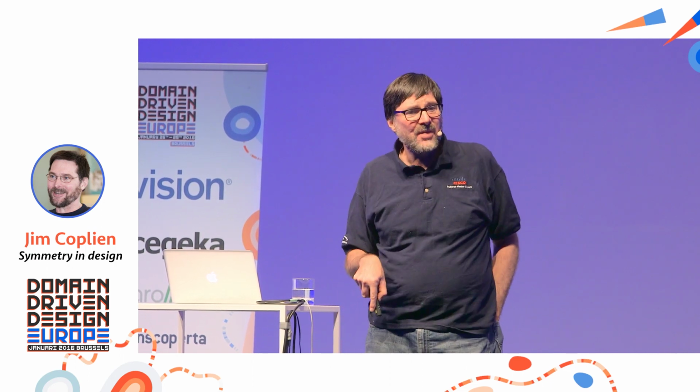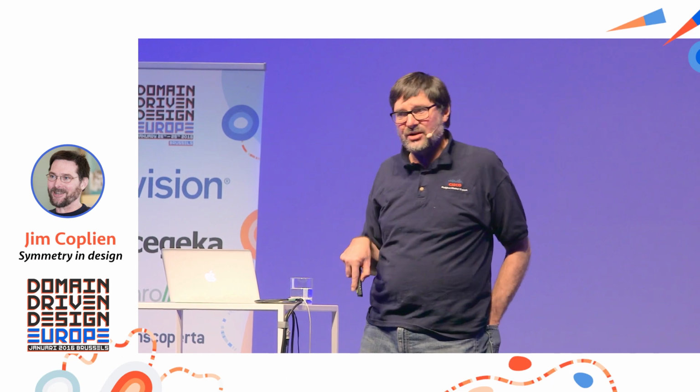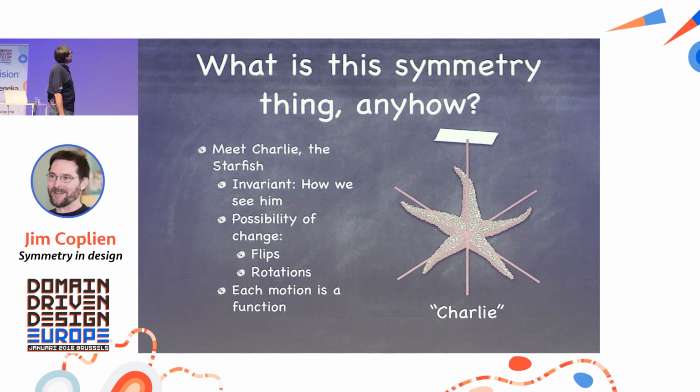And this is a word the pattern people will recognize. This is a term that Alexander uses, because Alexander was also a mathematician who had studied group theory. And oh, by the way, a group also has to have, every function has to have an inverse, and there has to be an identity. And if I put all these into a set, it's called a group. It's called a symmetry group. So we have this mathematical set, which is the symmetry group of Charlie.